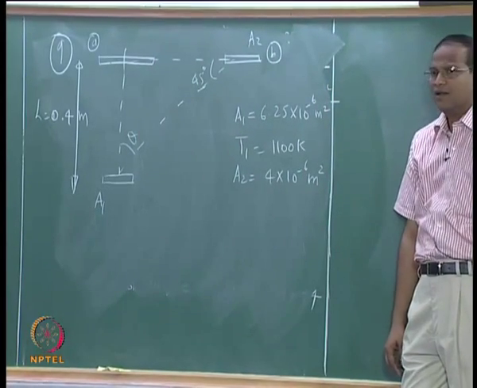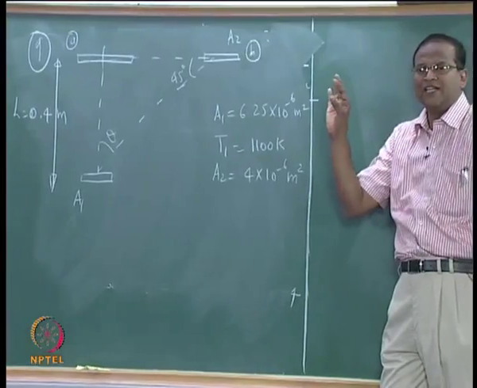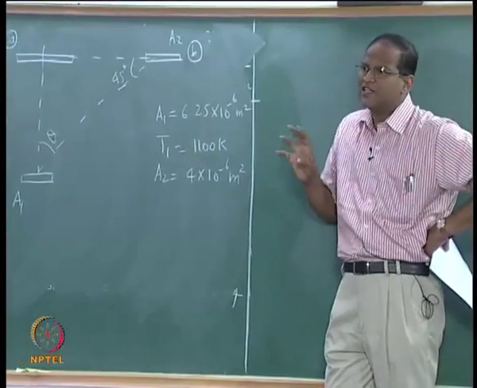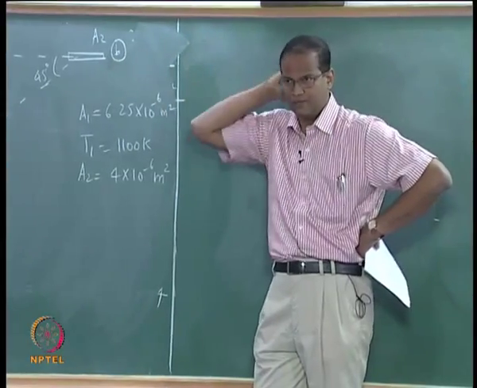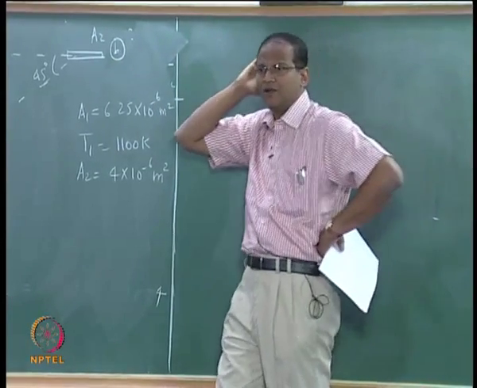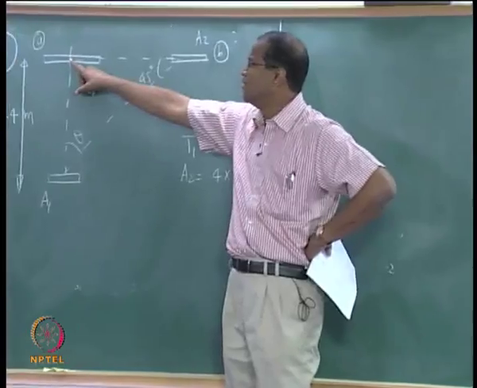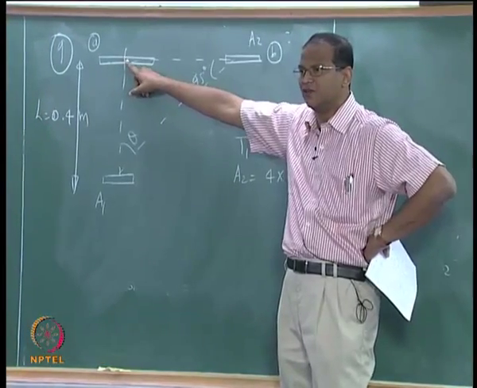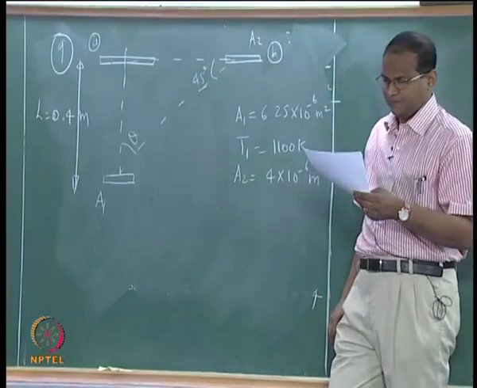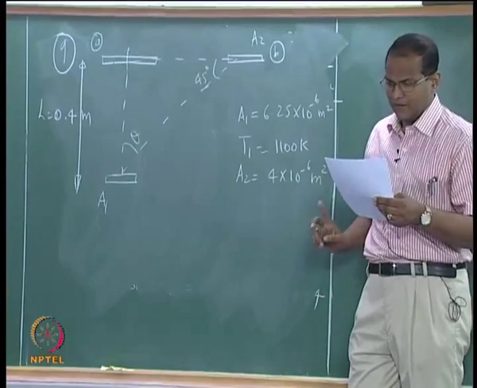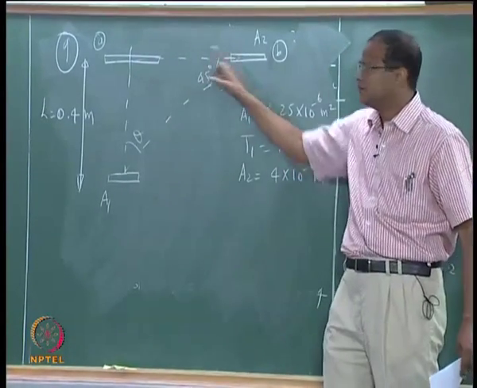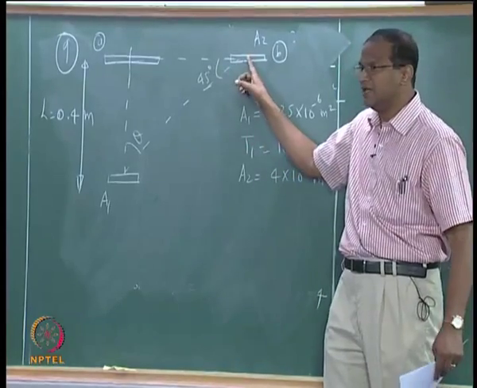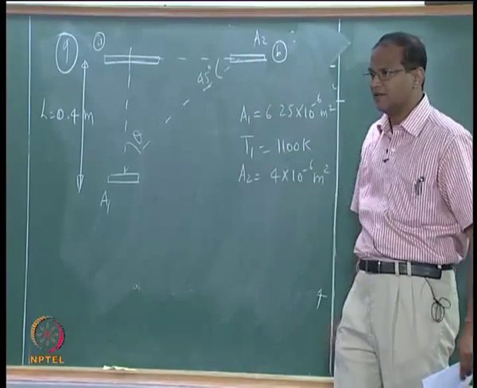When it is normal, it is intercepting some radiation power which can be measured. I have an instrument to measure that, I will give you that value. From that value you will be in a position to find out what will be the emissivity corresponding to theta equal to 0 for this surface. Are you getting the point? Now I move it horizontally to a position B such that this angle is 45.